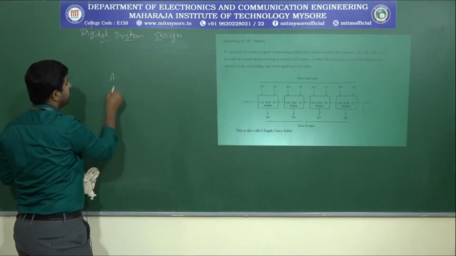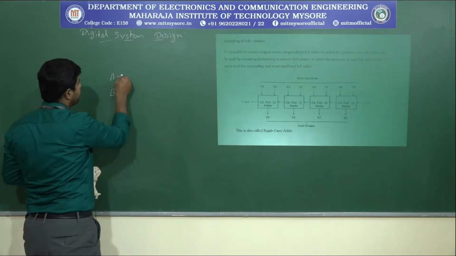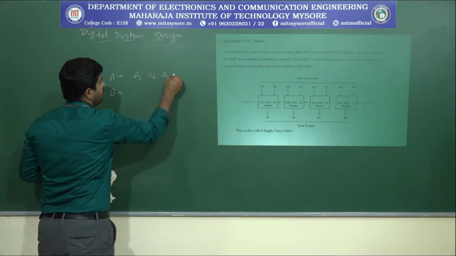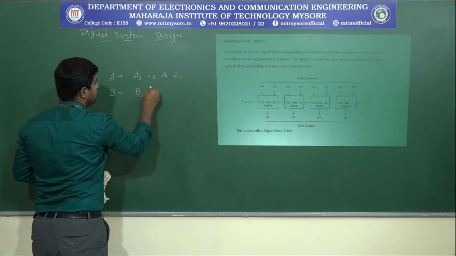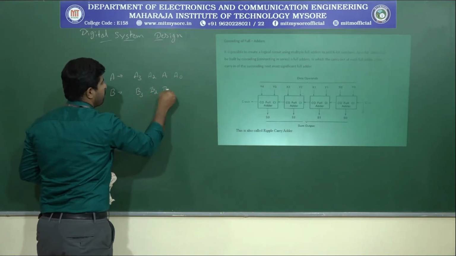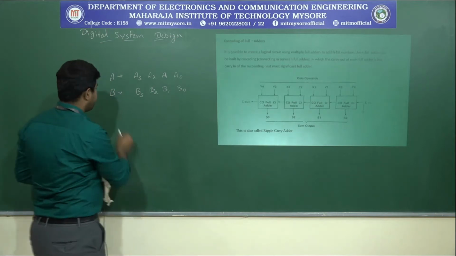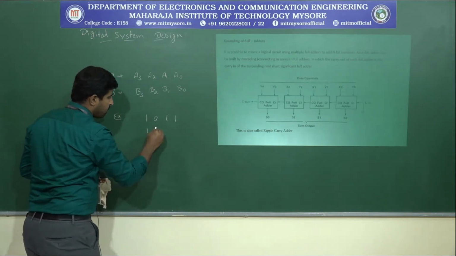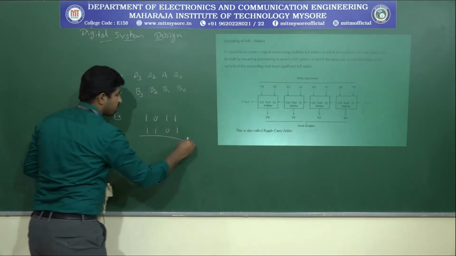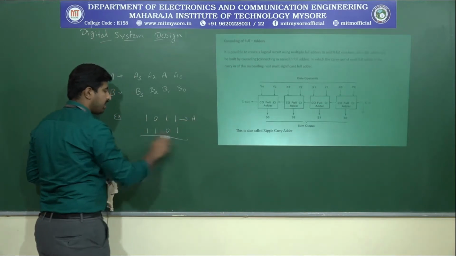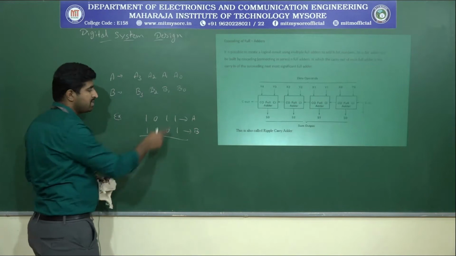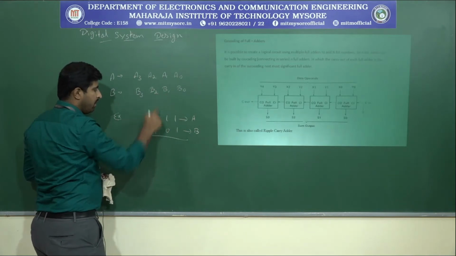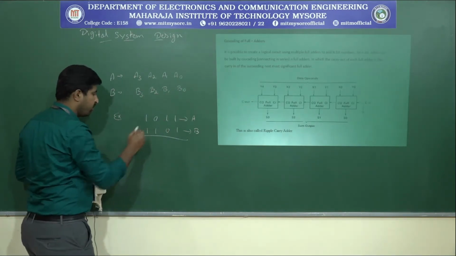Okay. So assuming that we need to add two values A and B, each are 4 bit. Okay. So A3, A2, A1, A0. Similarly, B3, B2, B1, B0. Okay. So we will take an example. So 1 0 1 1 will add with the 1 1 0 1. Okay. So here these 4 bits correspond to the A and these 4 bits correspond to the B. So that means this is A0, A1, A2, A3, okay, and this is B0, B1, B2, B3. Okay, we need to add this one.